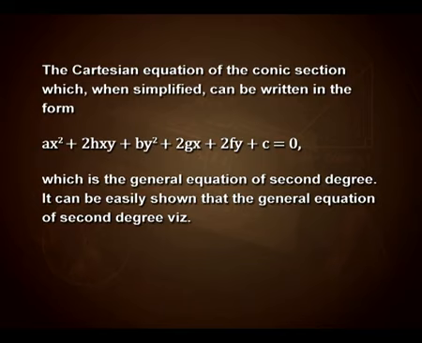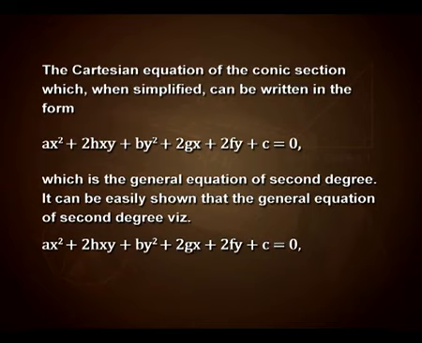It can be easily shown that the general equation of second degree, ax^2 + 2hxy + by^2 + 2gx + 2fy + c = 0, always represents a